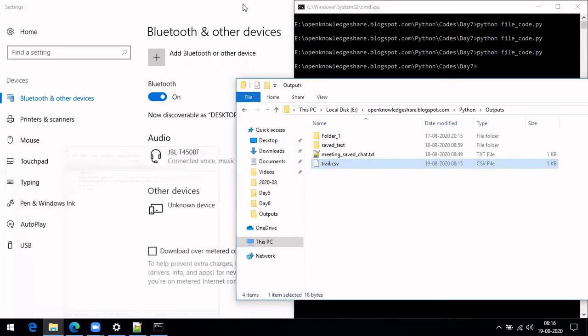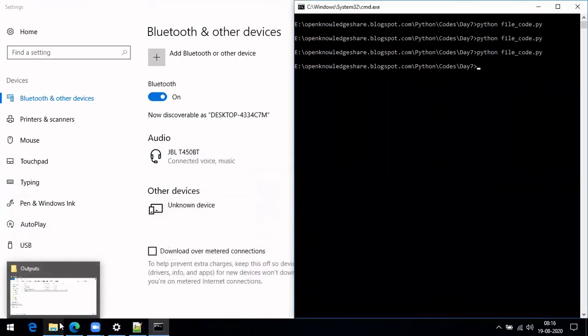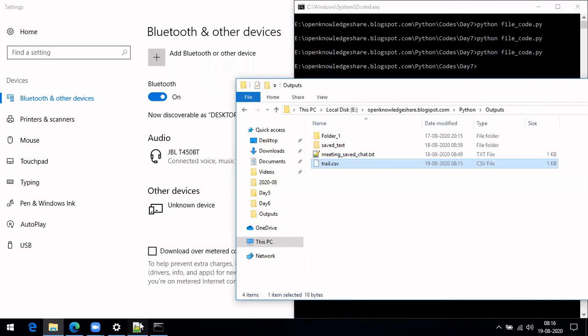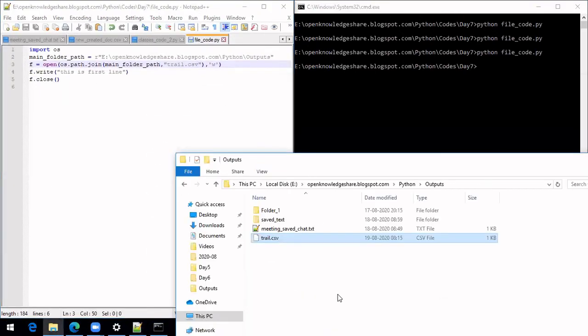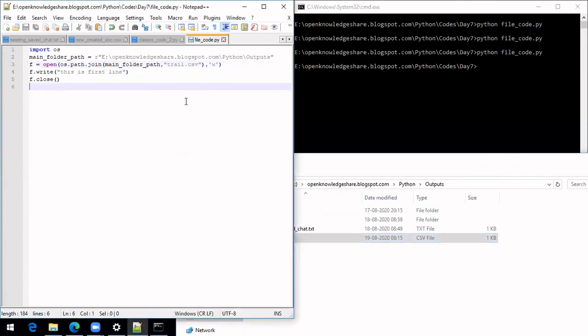I don't have a CSV viewer with me, so I can't open it in that. As of now, I only have this. It's okay. The main idea is let us do it with a text file only. In that case, anything is fine.